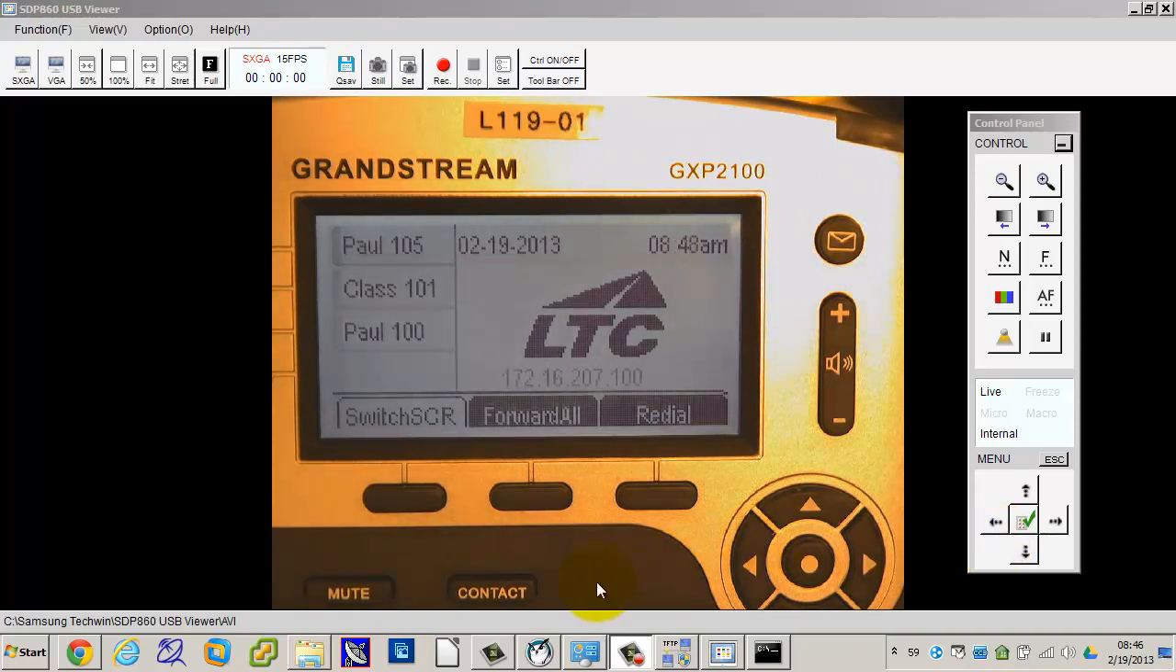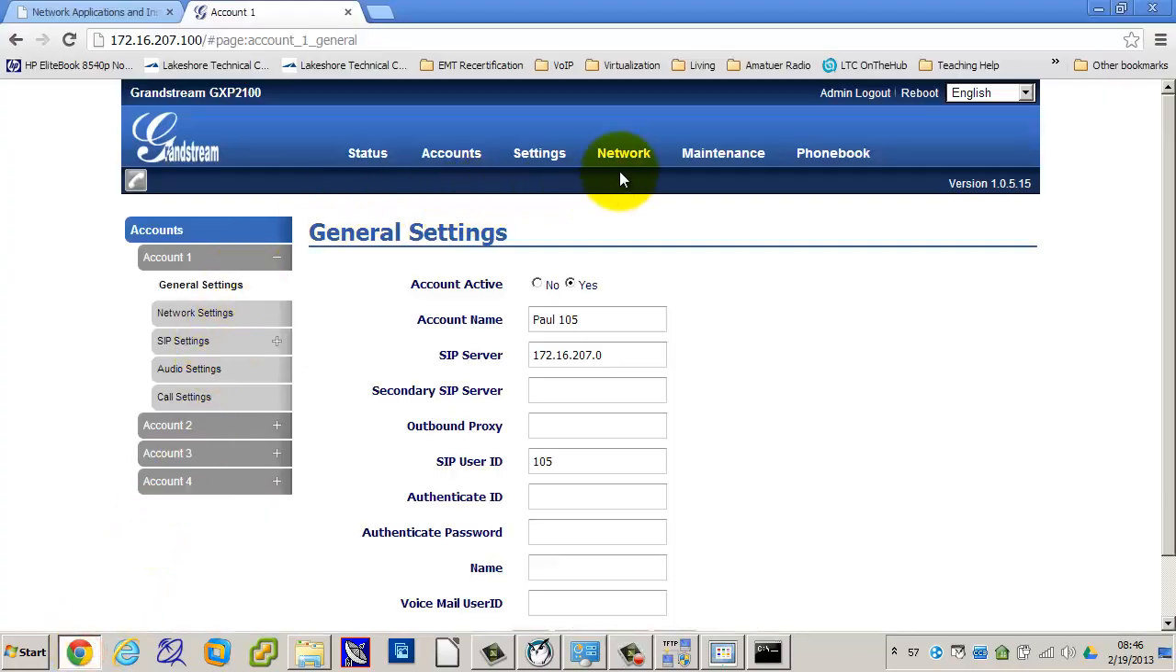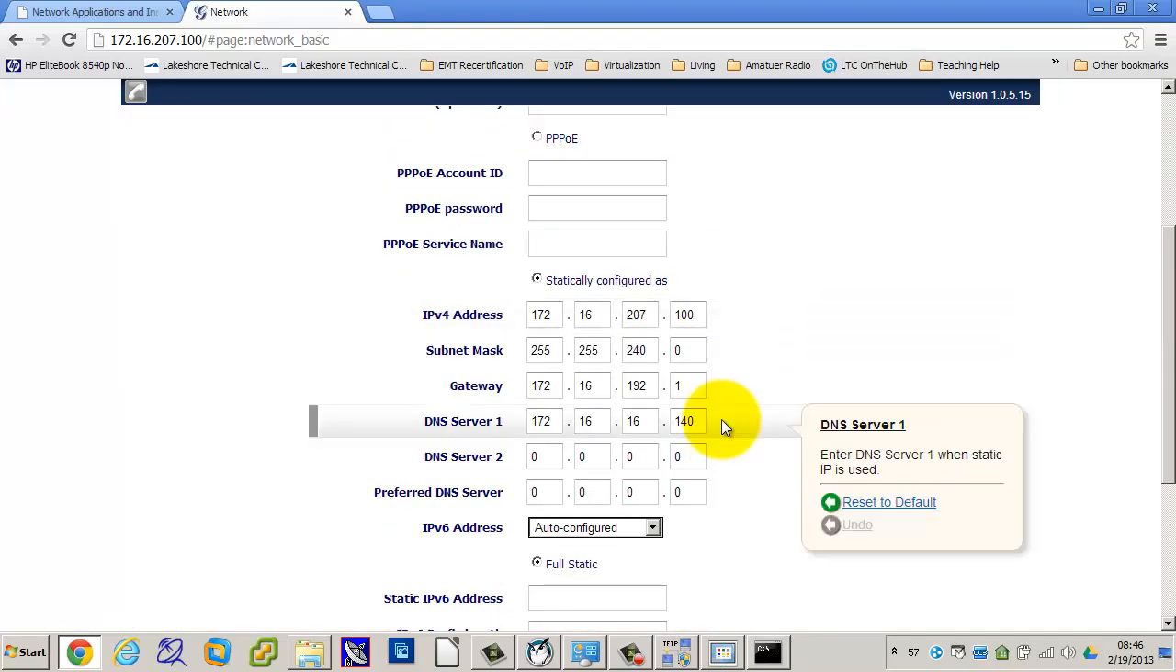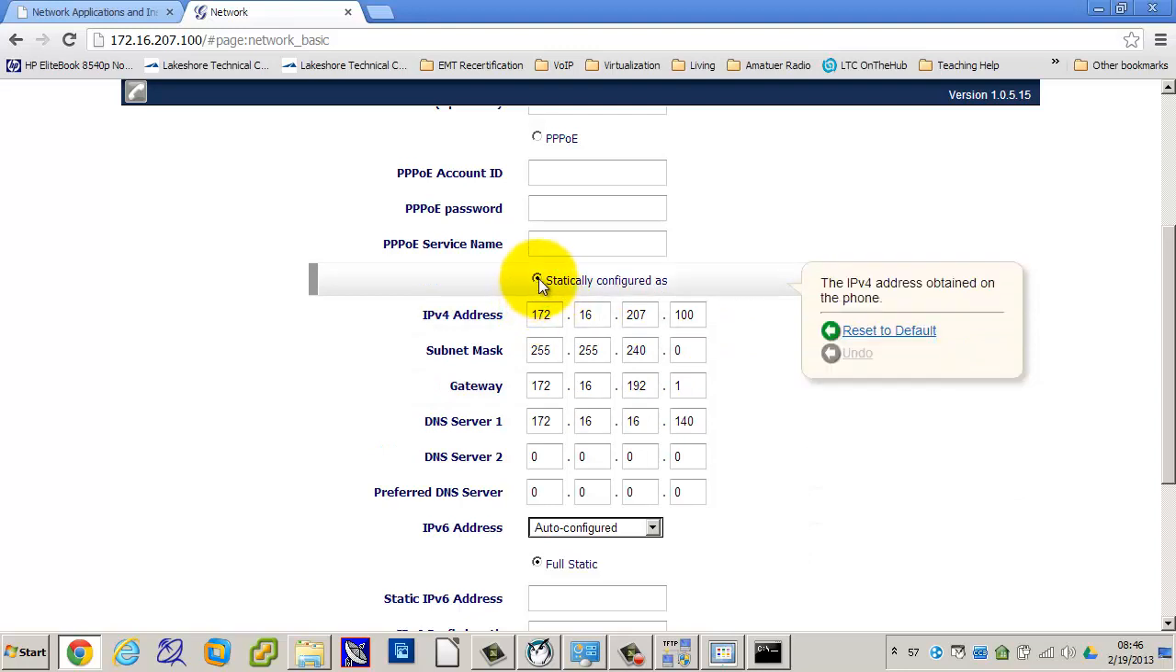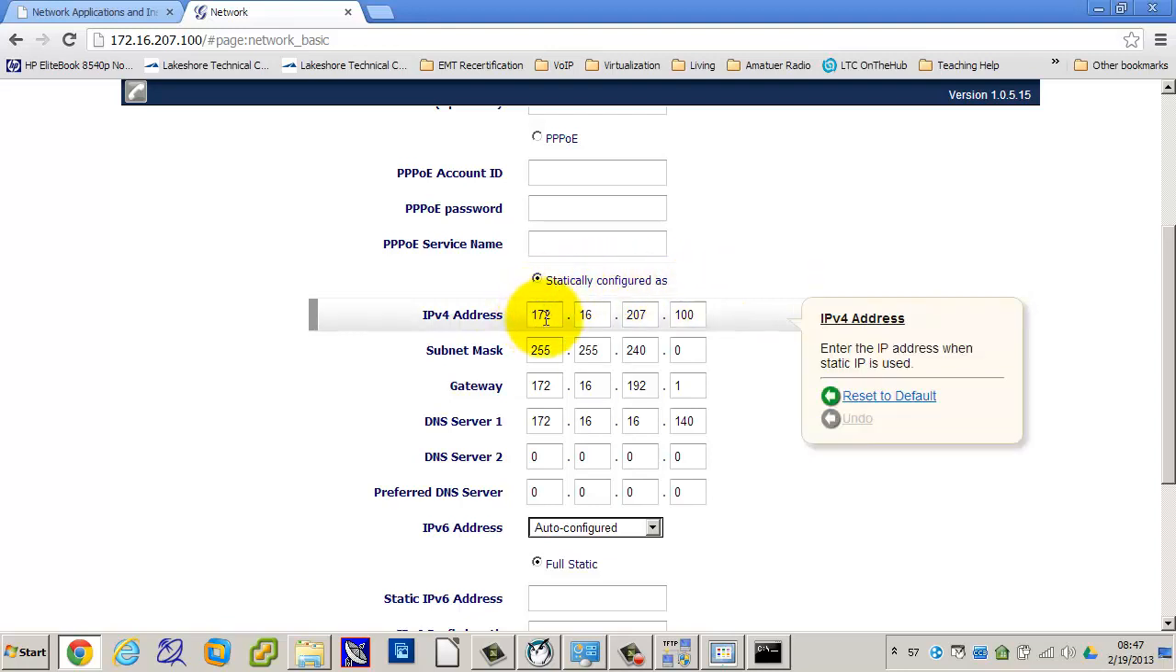Yeah, to change the IP address of the phone, you have the newer style. What style? Okay, yeah, it's under Network, and then Basic Settings. Make sure you actually click on this button that says statically configured as